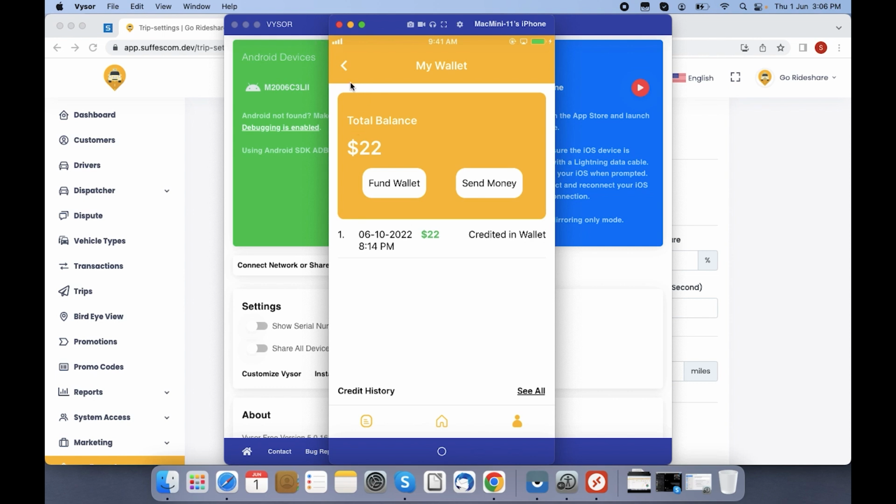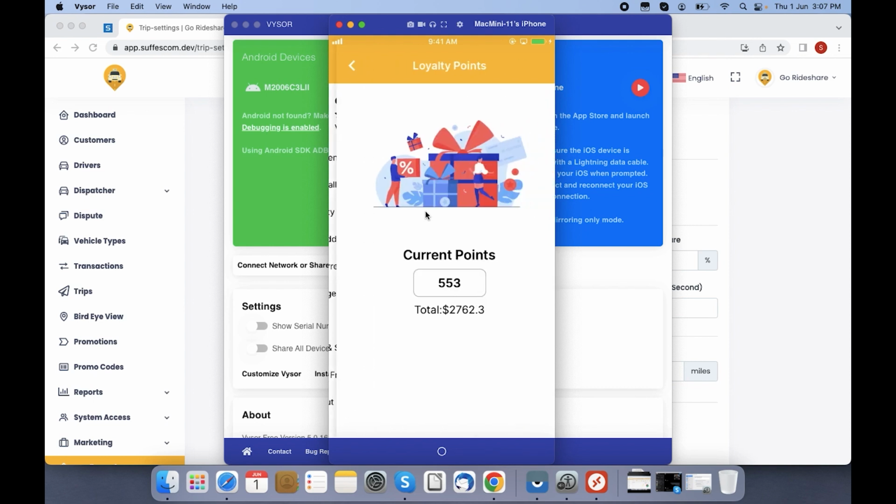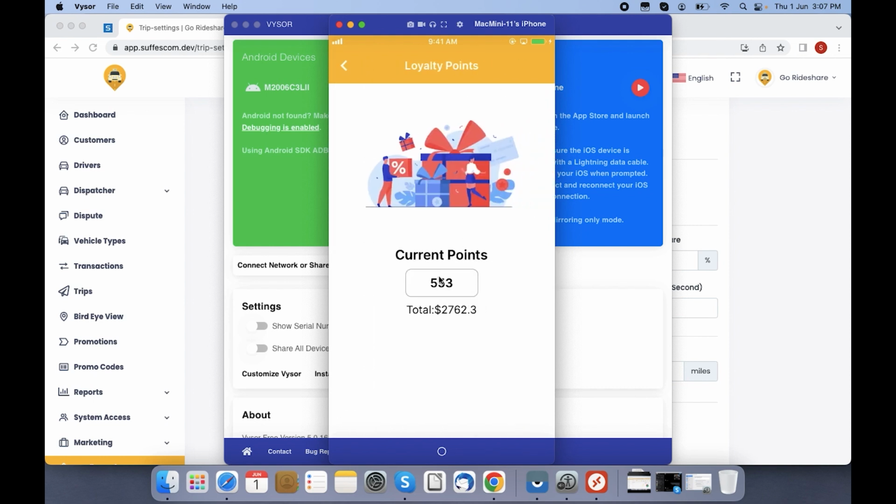Next, in the customer profile, I can view the loyalty points that I have accumulated in the platform from the bookings which I have made. So in the loyalty points, I can view the total points which I have accumulated and their currency denomination equivalent as well. There is a maximum cap beyond which I cannot apply the loyalty points in a single booking. So let's go back